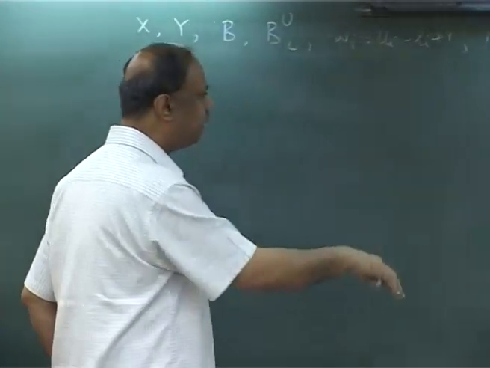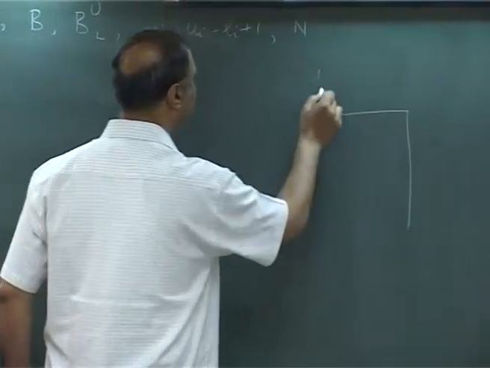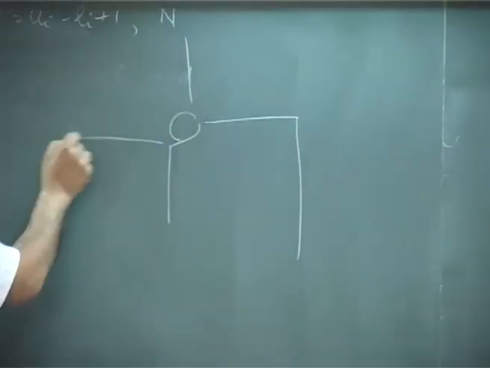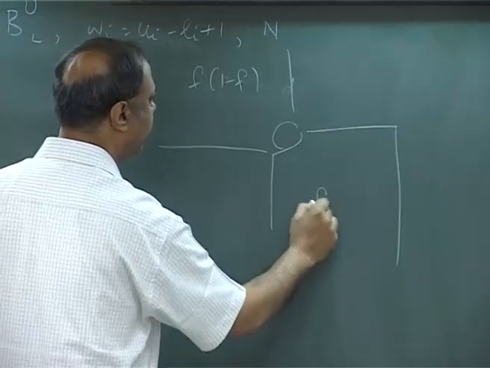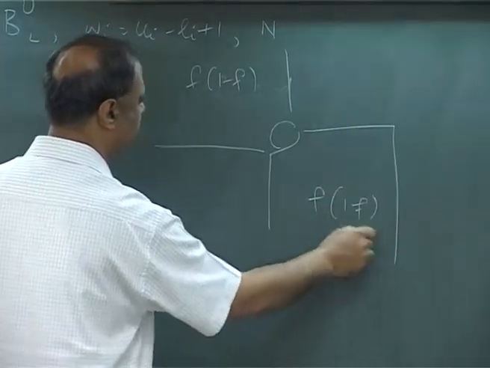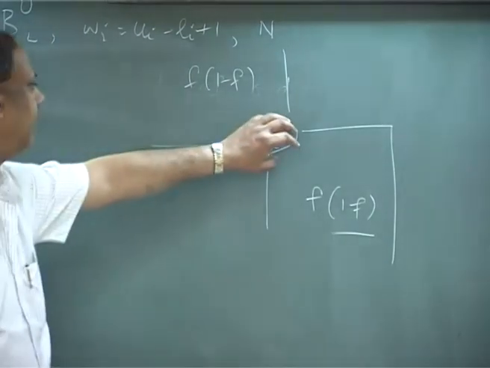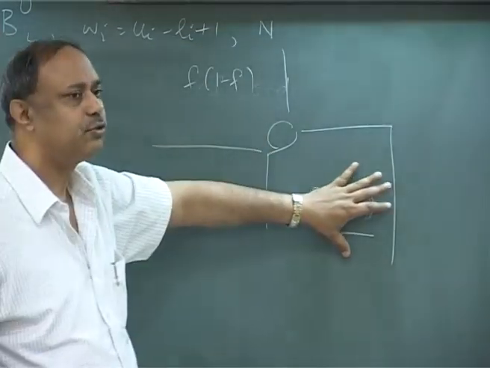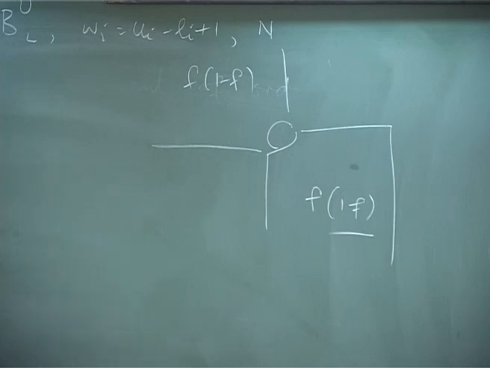Similarly you can see from the bottom side also this part. I have talked about this part, that f into 1 minus f. Similarly you can tell about this part also, right? Because I am assuming that this is the element, so I can tell that f into 1 minus f. This side also you can define similarly. Now let us assume that